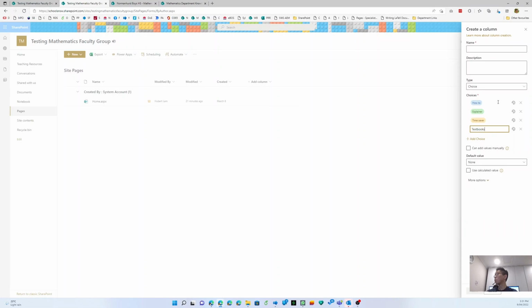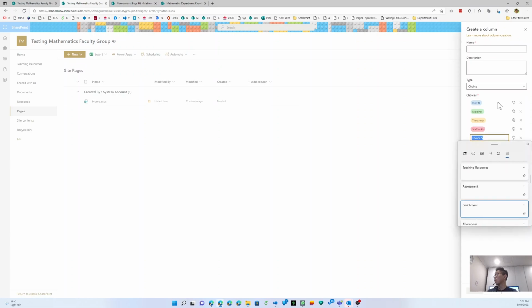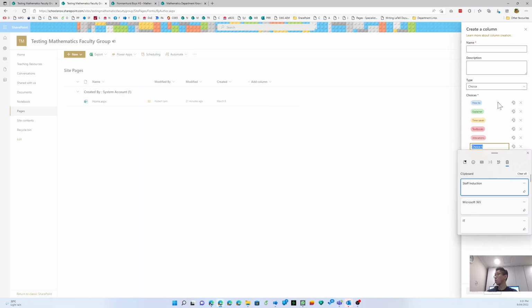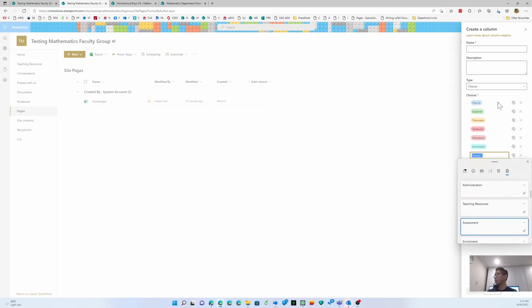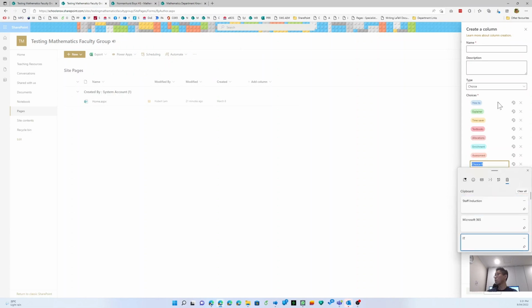We then have Textbooks. We then have Allocations. So that's how classes are allocated, for example. Enrichment, Assessment, Teaching Resources, and you can obviously invent your own choices there as you see fit. Obviously, this is what's developed over the last couple of years in our department. And I think we've got Administration there, and we then have IT, and then we have Microsoft 365, for example,